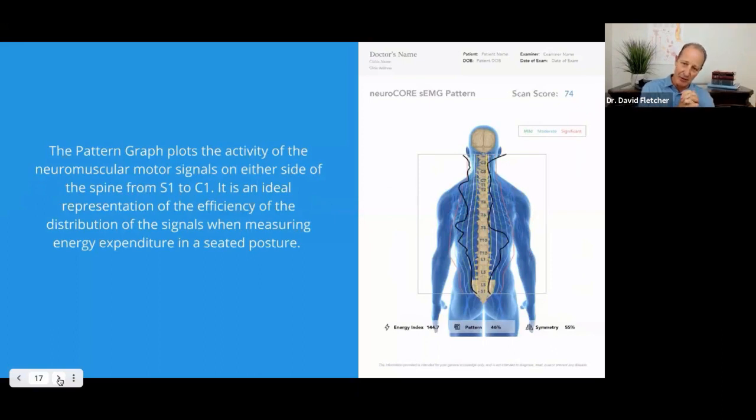This is the pattern graph that I was talking about. You can see again in C1, and I'll start to talk about this a little bit deeper, that this is far further out on the right-hand side than it is on the bar graph that I was showing you. And so when we develop a pattern, we're taking data from both symmetry and amplitude at each level, on the right-hand side and on the left-hand side simultaneously.